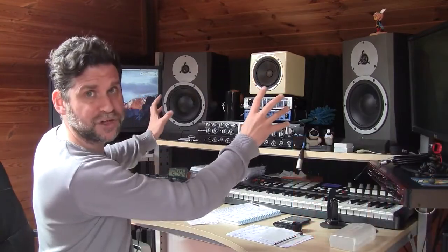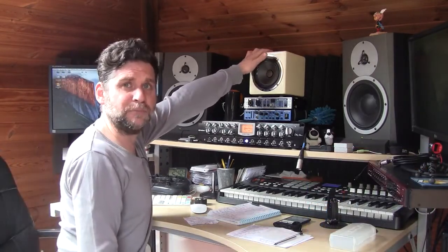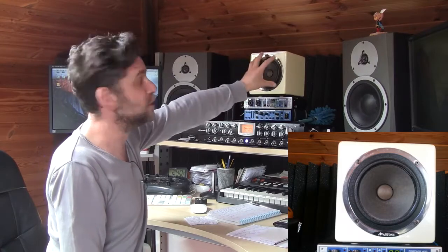I'm running these Dynaudio BM12 monitors, which frankly are a little bit big for the room. I should have gone for the next ones down. I've also got this Avantone Mixcube, which is one speaker, so it's obviously mono, and true mono, because there is literally only one place for the music to come from. This is really handy for checking your mixes, checking mono compatibility, and just giving you another perspective on the way